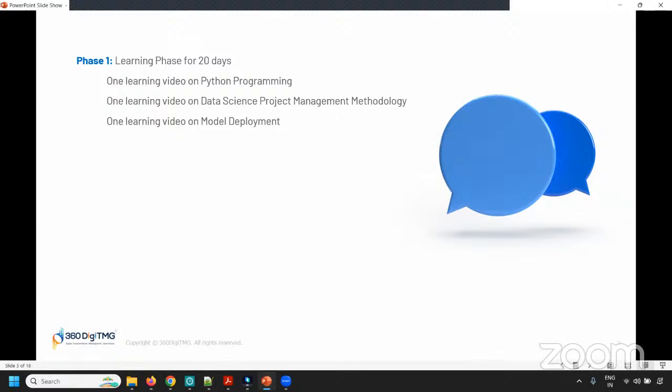For example, Python programming is mandatory. The majority of you are already familiar with it. The data science or machine learning models that you're developing, you basically use Python for developing your models. But what is the process that you follow? Are you following the same process that industry follows?